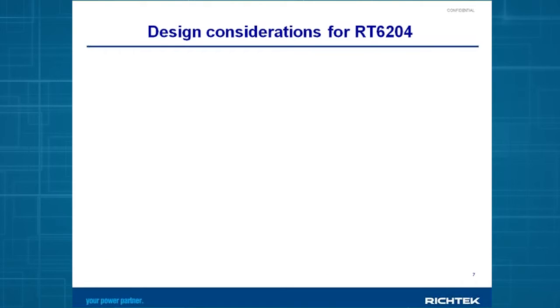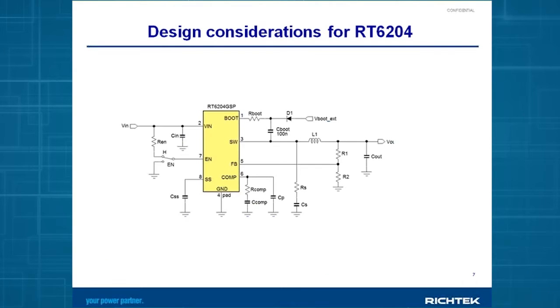Let's have a look at some of the design considerations for the RT6204 application. Here you see the general application circuit, and I will discuss each component parameter, how it affects the application. First of all, you have the feedback network, which is used to set the output voltage. The impedance of this network is not important, just the R2-R1 ratio, which will set the output voltage via the